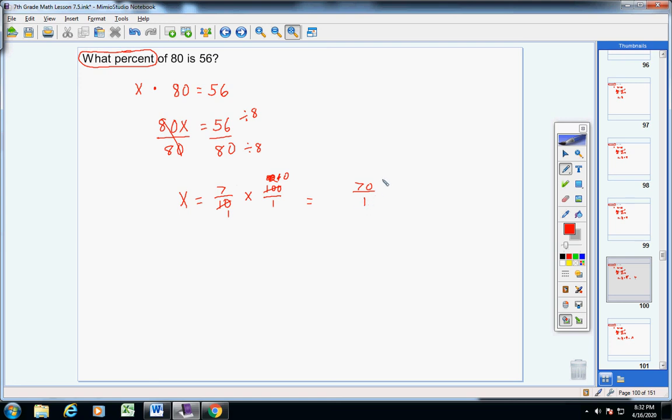And 70 over 1 is 70. And don't forget your what sign? Percent sign. Okay? So 70, I'm going to put 70 right here. 70% out of 80 is